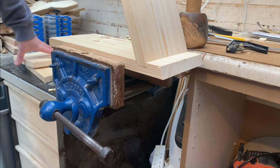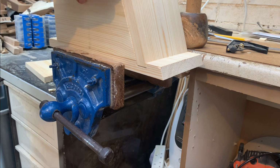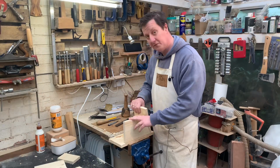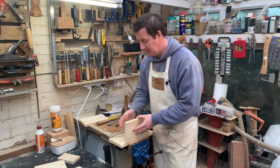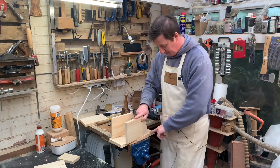That's going to go on there. And then these angled pieces come in and hold that like that. Right, now that we've cut the groove for the top piece, we can just put that to one side for now. So now all we're going to do is attach the side sections, because we now have the perfect height